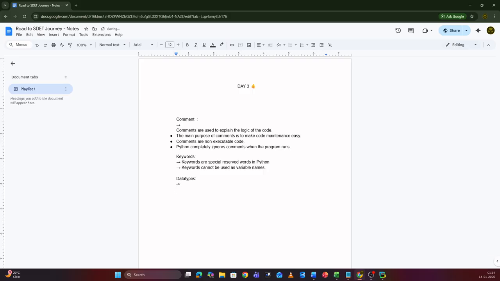Okay, so what is a data type in Python? A data type tells Python what kind of value is stored in a variable. There are different types of data types available in Python. Some of the common data types are,